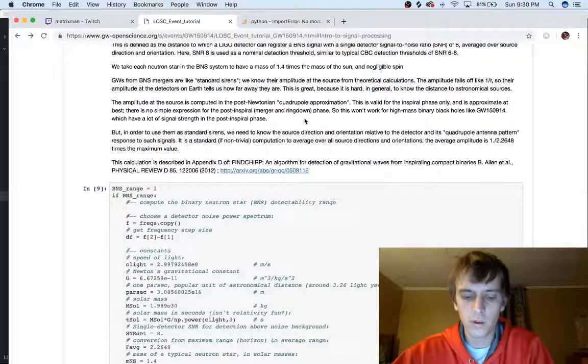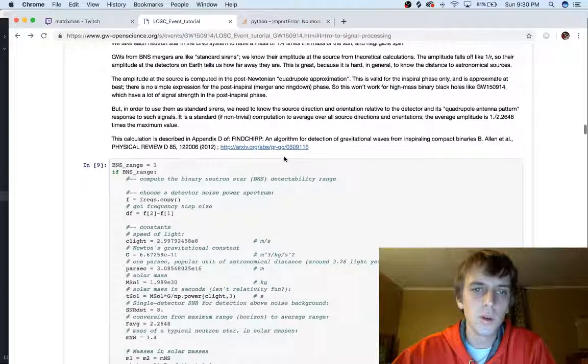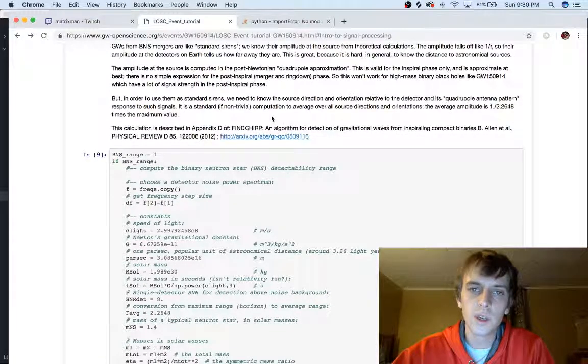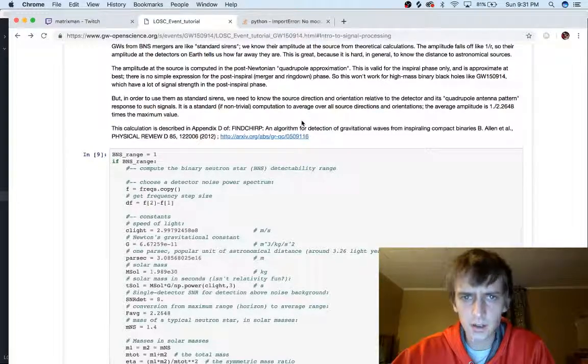So this won't work for high-mass binary black holes, which have a lot of signal strength in the post-in-spiral phase. But in order to use them as standard sirens, we need to know the source direction and orientation relative to the detector and its quadrupole antenna pattern response to such signals. It is a standard, if not trivial,